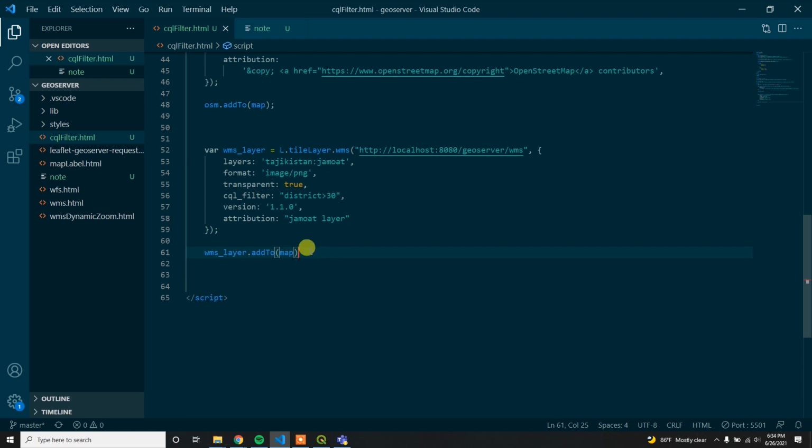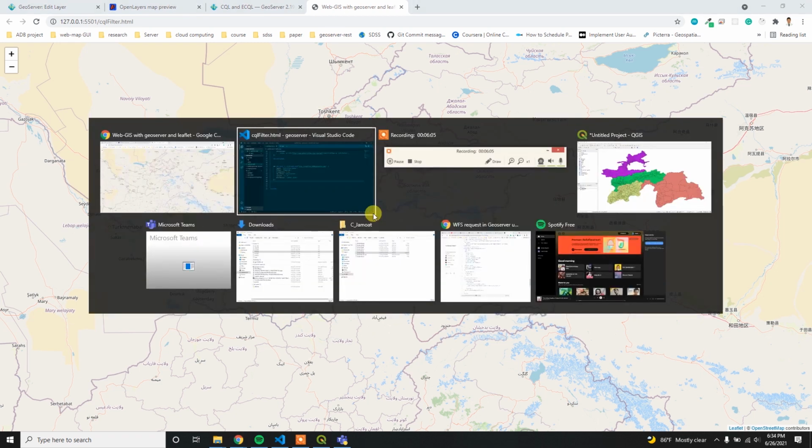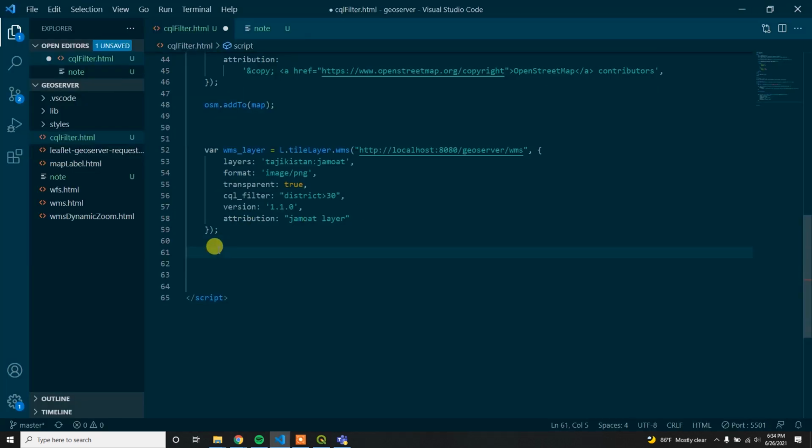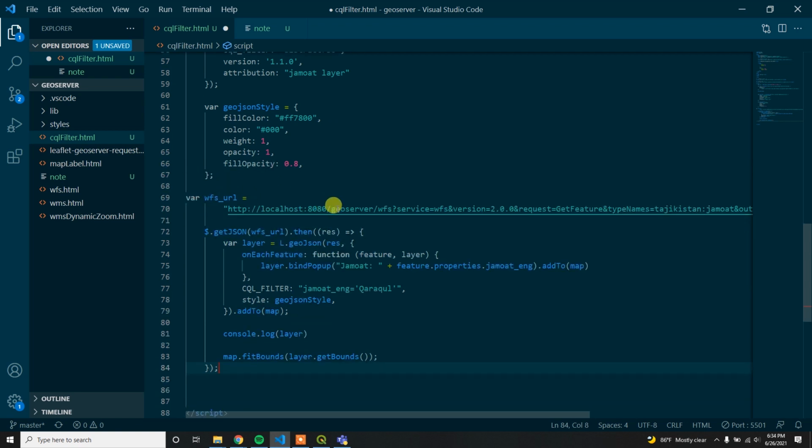First of all, I'll remove this add to map feature so that our map will be empty. So here I have an empty map, and then I'll add the WFS request. This is the WFS request URL, and I get it from the getJSON function using jQuery, and then I have loaded this layer.